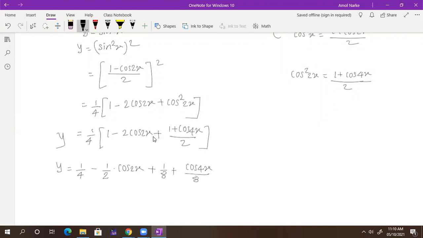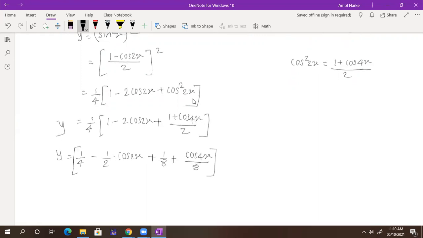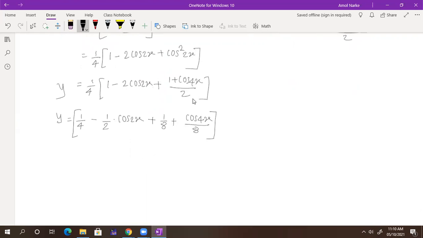Is it okay? Anyone, any doubts up to this? Think on that, check the calculations. Okay. Now you can find the nth derivative of that function. Because we have simple cos here, that we have the nth derivative, and here also cos, just the angle is different. So what is y here?